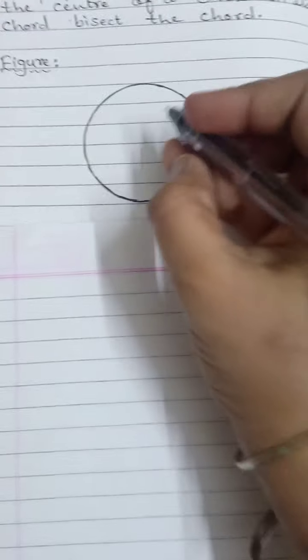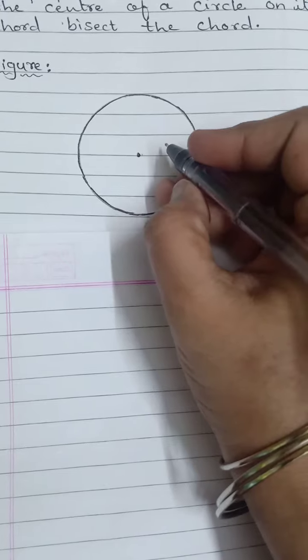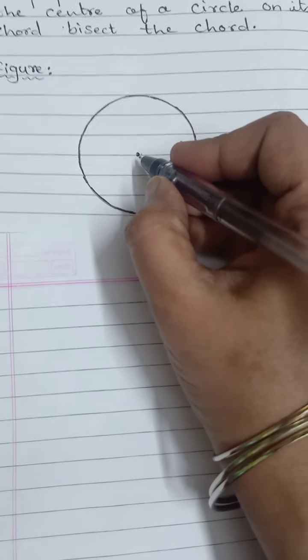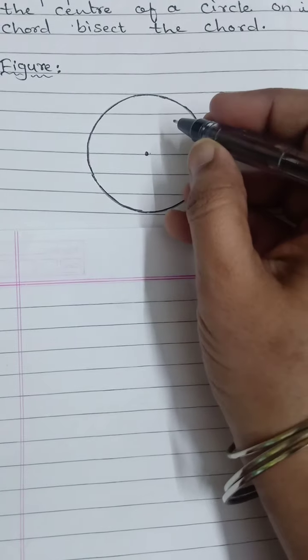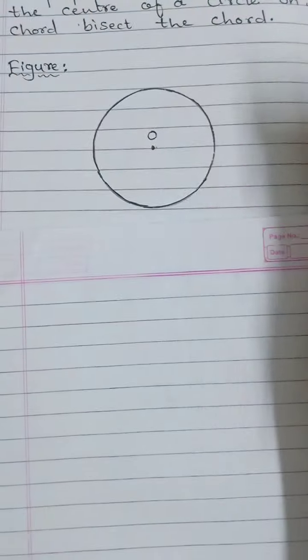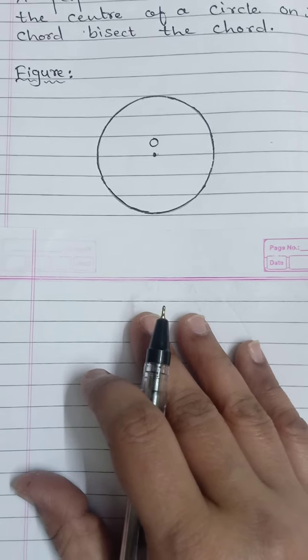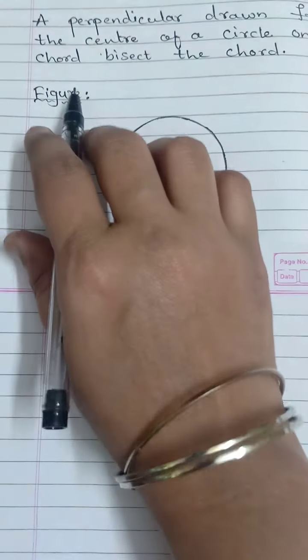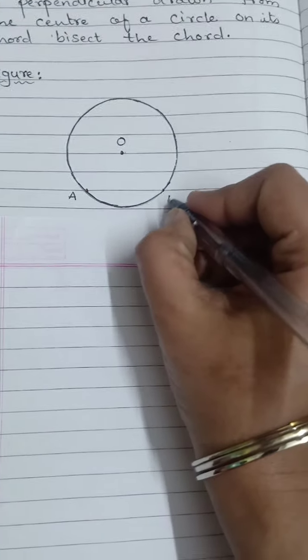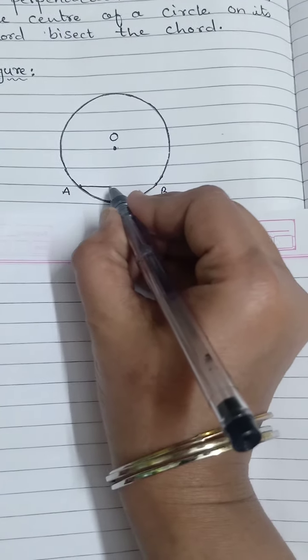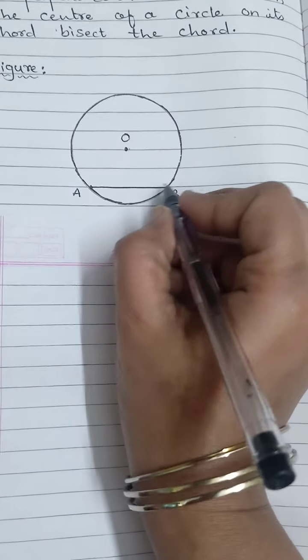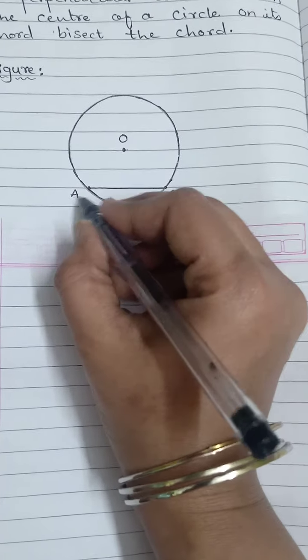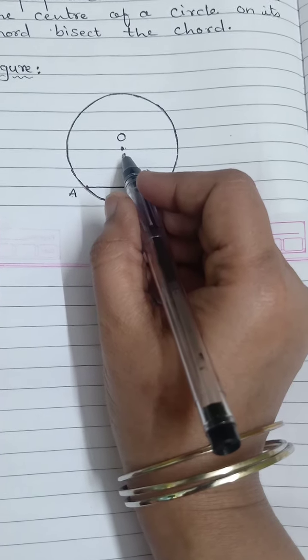So, here I have taken a circle. Now, as we know, a center is nothing but a point on which we place a point and by taking the radius, we draw a circle. So, let O be the center of the circle. After this, we have to take a chord. Chord means any 2 points on the circle. For example, we are taking points A and B. If we join these 2 points A and B of a circle, this segment is called the chord of a circle. So here the chord is AB, O is the center of the circle.